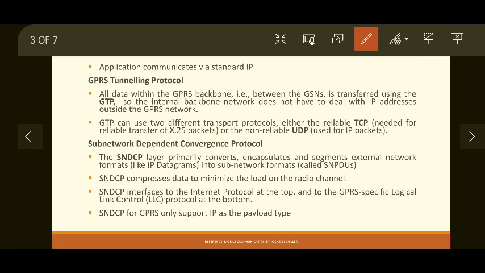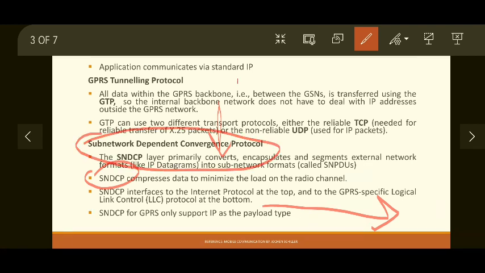Then the logical link, that is the wireless link, which is used for data communication between the mobile handset and the BSS and SGSN, also has a different format, and that is obtained by SNDCP by converting these PDUs, IP datagrams, into a format transferable by the LLC. So these external networks do not have to worry where the data should be delivered, whether to a mobile handset or general computers. SNDCP will take care of converting these IP packets into the local format.